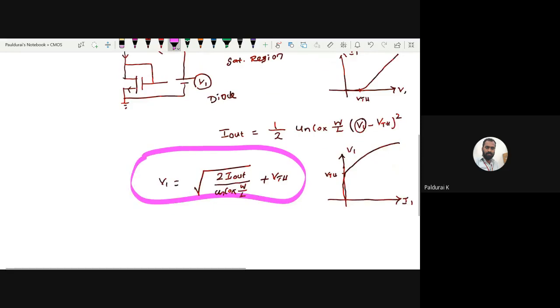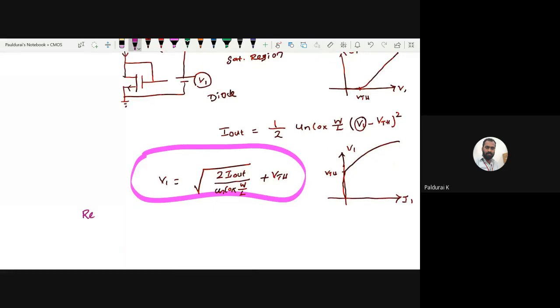The interesting concept I have given as a remark. What is the remark? It's very important. Actually, this is something that affected me a lot. If current is injected into a diode connected device, it generates a